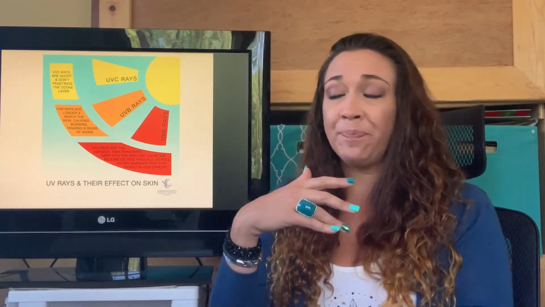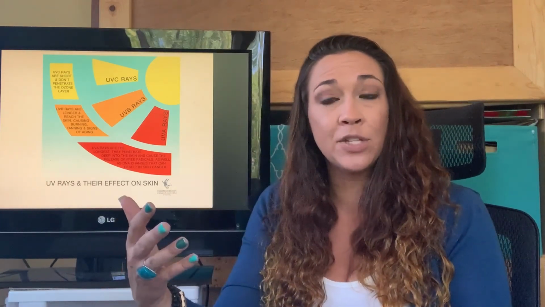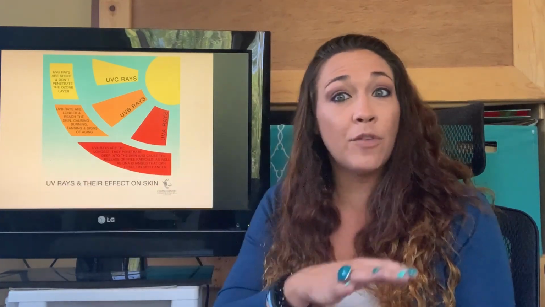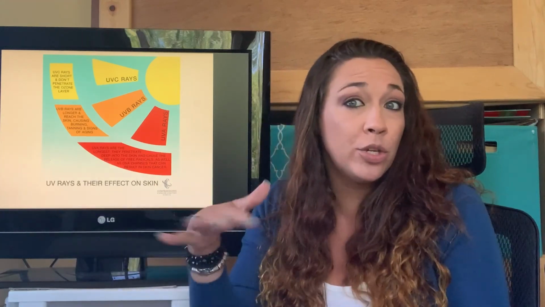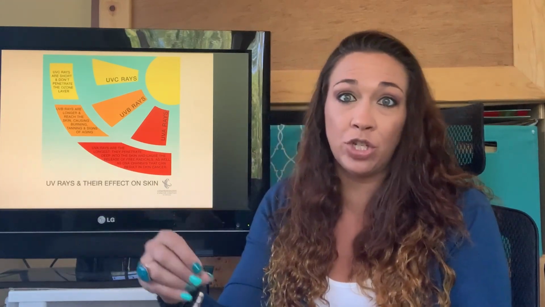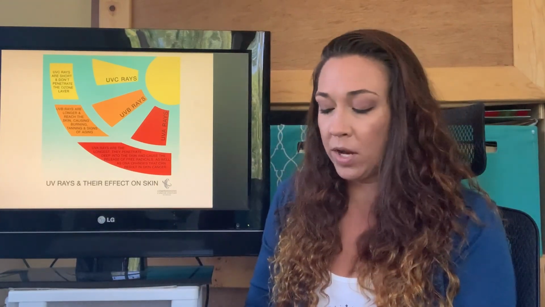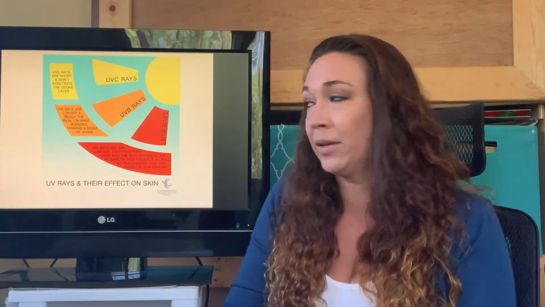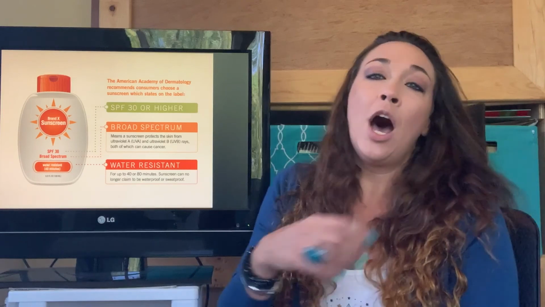That's why it's really important to protect against those. That's why you want what's called a broad range sunscreen that covers UVA and UVB. Not just UVB, but it needs to cover UVA too, because that's really the most damaging one. So always get that broad sunscreen, the one that covers UVA and UVB. Okay? Also, you should always get something that's over 30.